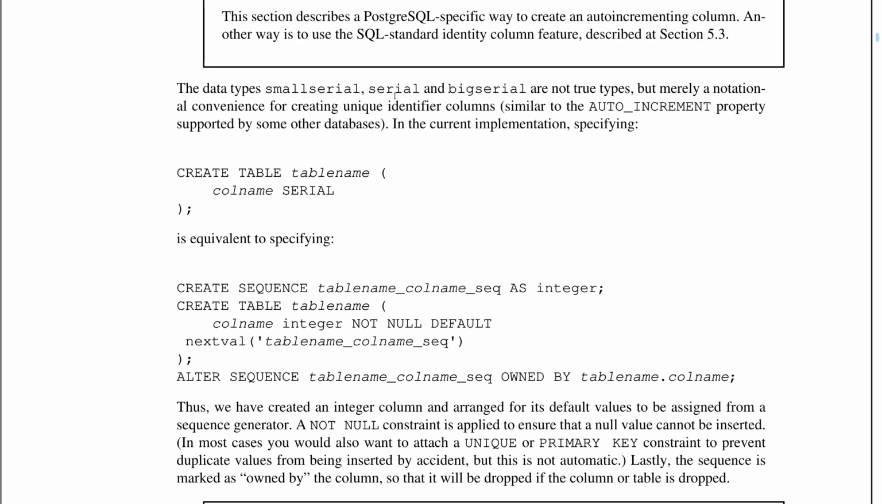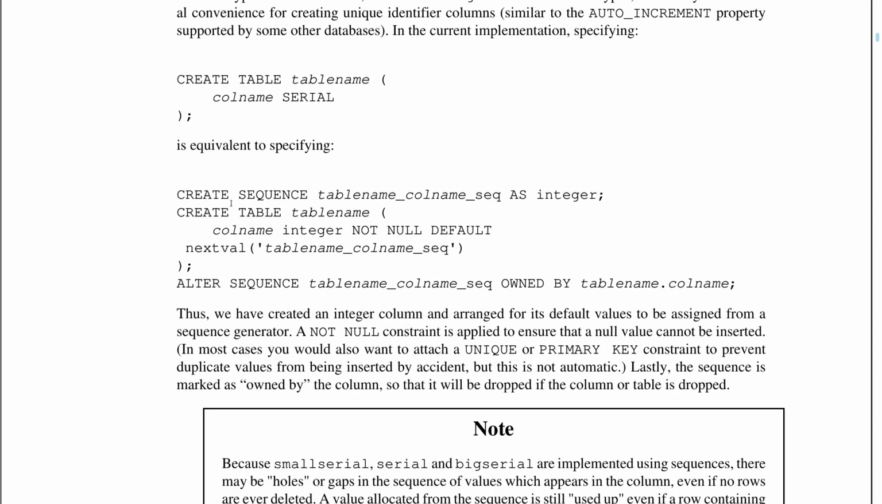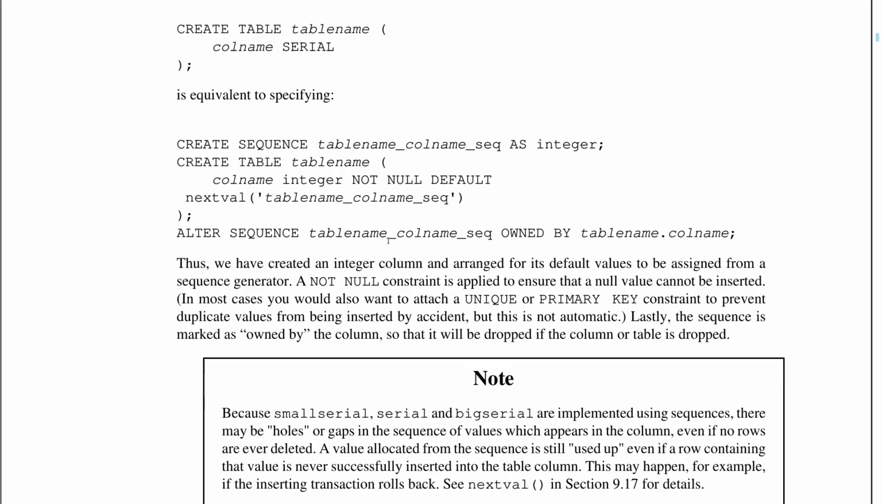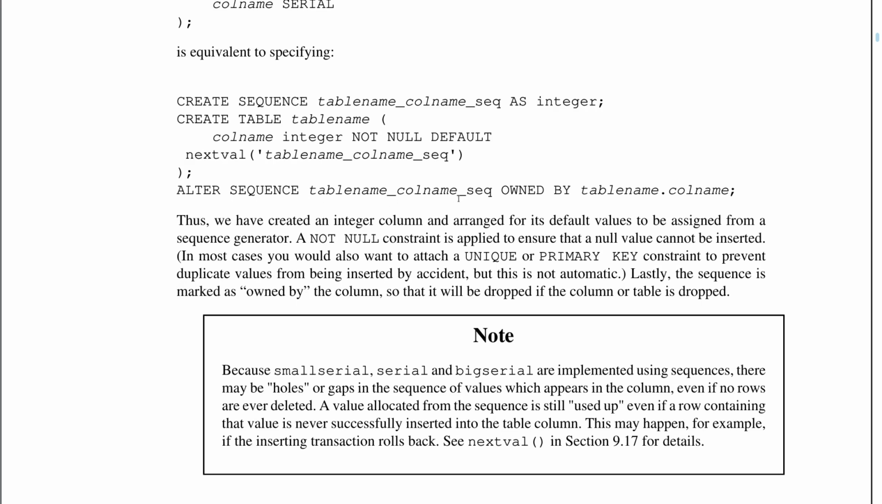The data types smallserial, serial and bigserial are not true types, but merely a notational convenience for creating unique identifier columns, similar to the auto-increment property supported by some other databases. In the current implementation, specifying CREATE TABLE tablename (colname SERIAL); is equivalent to specifying CREATE SEQUENCE tablename_colname_seq AS integer; CREATE TABLE tablename (colname integer NOT NULL DEFAULT nextval('tablename_colname_seq')); ALTER SEQUENCE tablename_colname_seq OWNED BY tablename.colname;